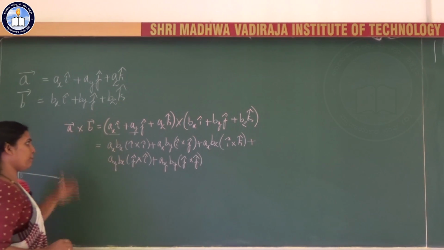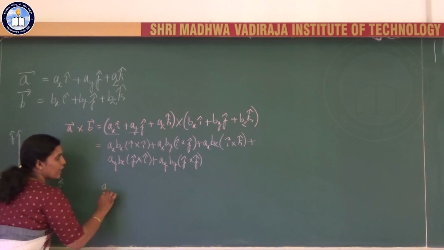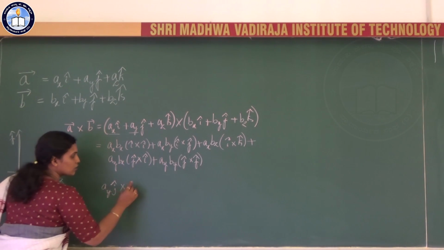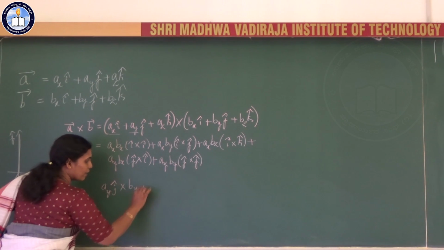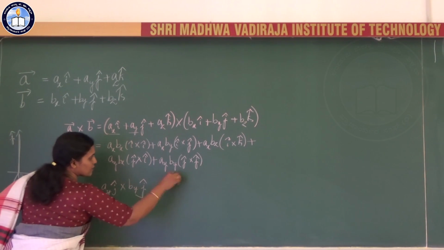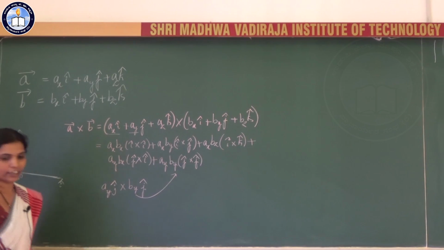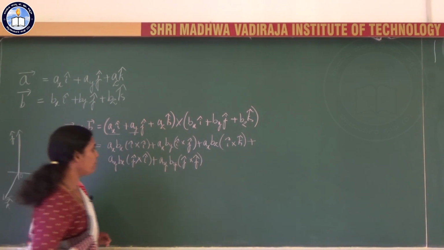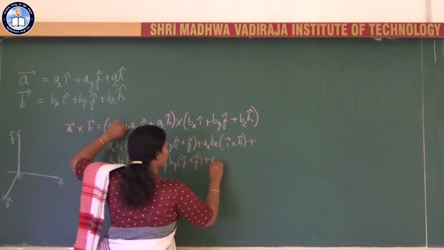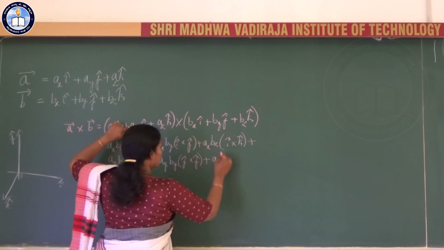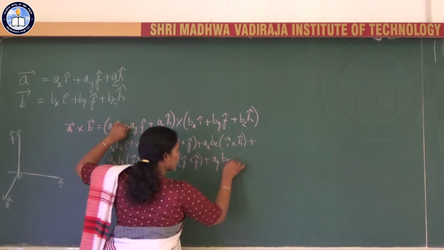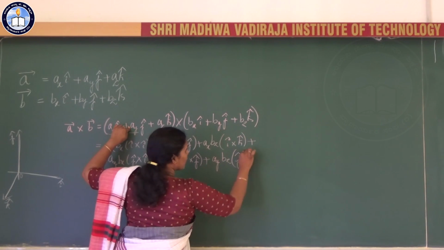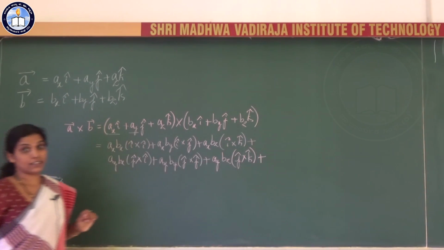In the previous step you can even write it as Ay j cap cross By j cap, then write this step. I have written it directly. Plus Ay Bz, j cap cross k cap, plus